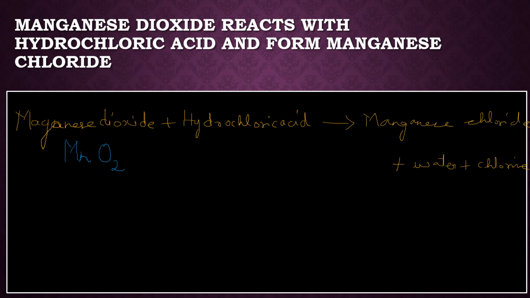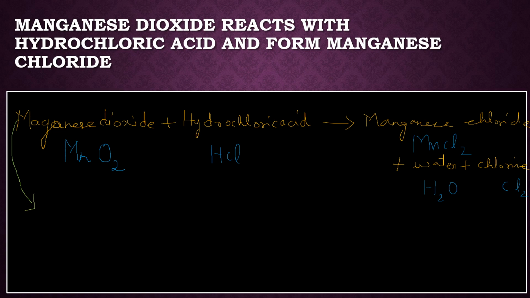Then we have to write the hydrochloric acid formula. HCl we all know. How to write manganese chloride? MnCl2. So this is how we have to write manganese chloride. And water we all know, H2O, and chlorine Cl2. So it is a gas, in the gaseous state, right? That's why I'm mentioning it here too. Chlorine is always in the form of a molecule. Fine. Now it's time for us to convert this